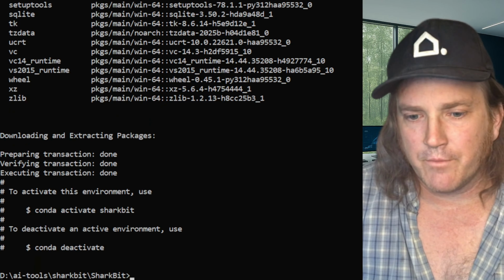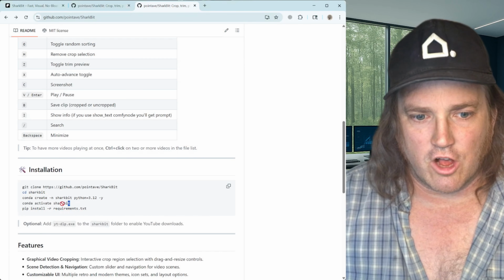Okay, creates it. Now, if we go back to our browser, you can see that it says conda activate, because